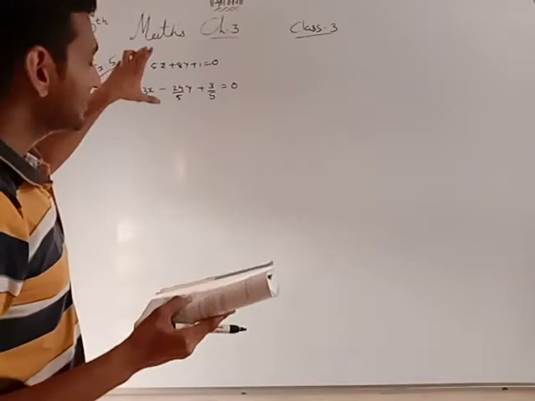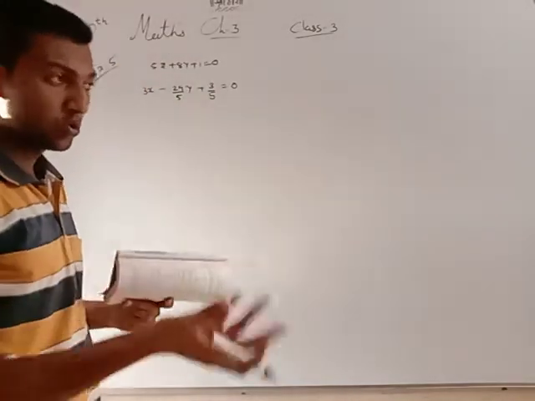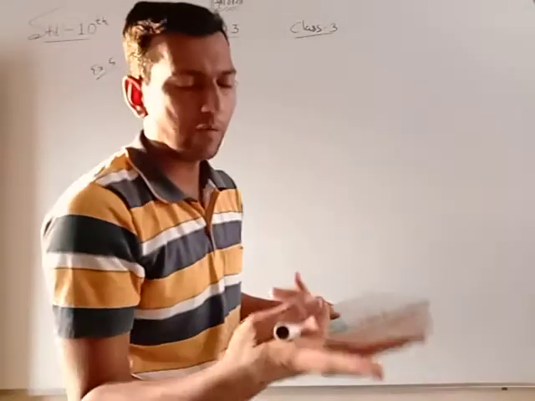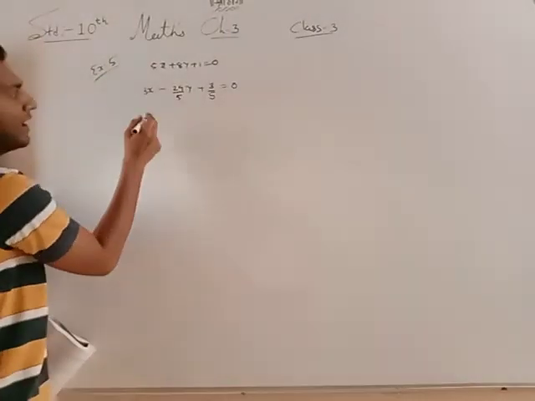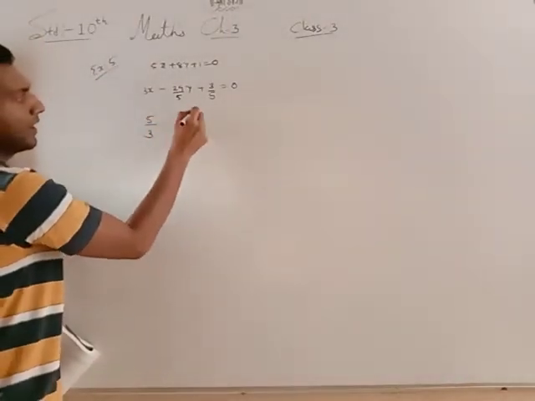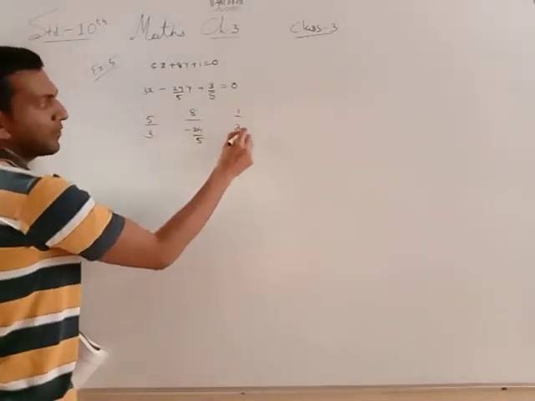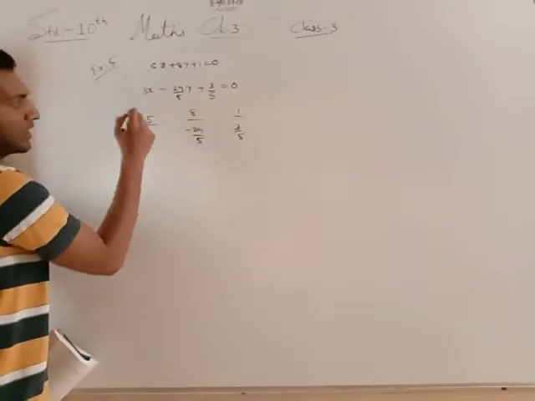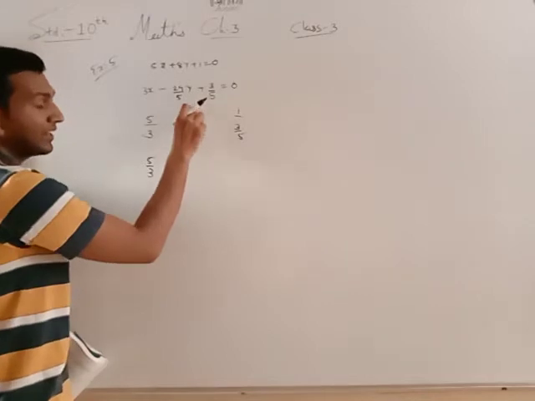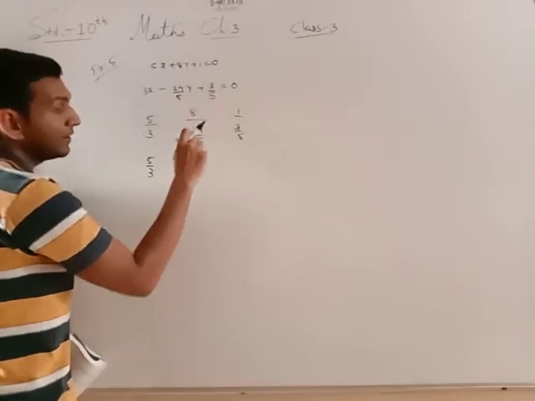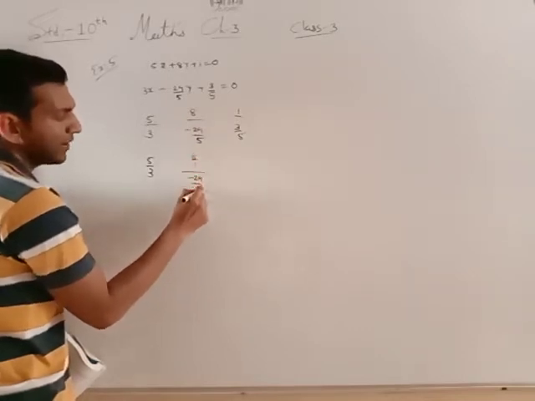If you solve these two equations, which type of solution do you get? There are three options: no solution, infinite solutions, or only one solution. So you can find the ratio. 5 by 3, 8 upon minus 24 by 5, and 1 upon 3 by 5. In this case, the numerator is only one number and the denominator is a fraction, so you can write 8 upon 1 and 24 by 5.